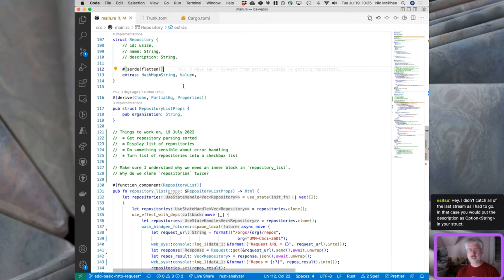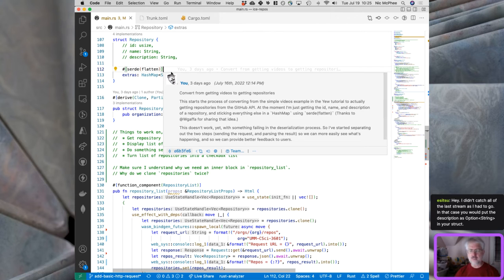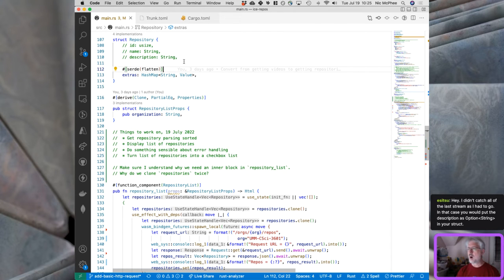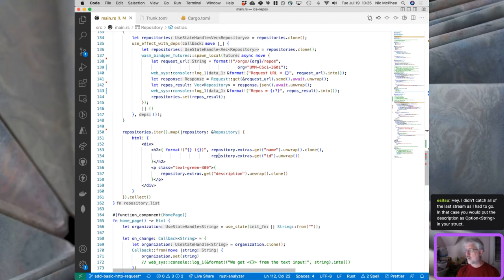Just as a way of getting things to work, I went ahead and commented all of this out, and we'll do option, just like you said, in a second to fix this, but I was just trying to figure out what was actually happening. So I put everything in the extras, and that's where we are right now, and that's why we have this rather unwieldy mess here. Instead of just being able to say repository.name, which would be your goal,